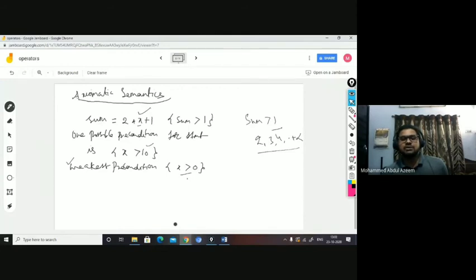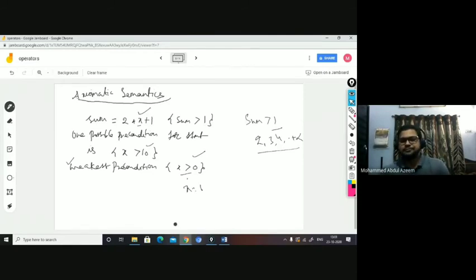x greater than 0 means x can be 1. If I take x equal to 1, what do I get here? 2 into 1 plus 1 is going to be what? 3, which is obviously greater than 3. I can't say greater than or equal to. If I say x equal to 0, what happens? This becomes 0, then sum becomes only 1. But I want sum greater than 1, right? So what is the weakest precondition? I can say x greater than 0. What are the possible preconditions? Anything after 0, if you take, that becomes a possible precondition, right?